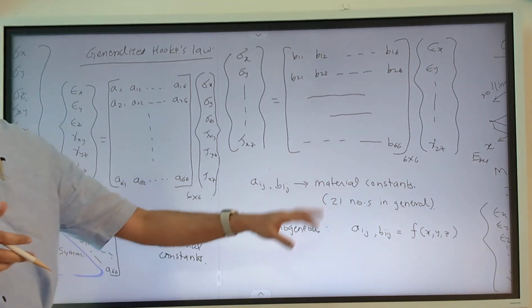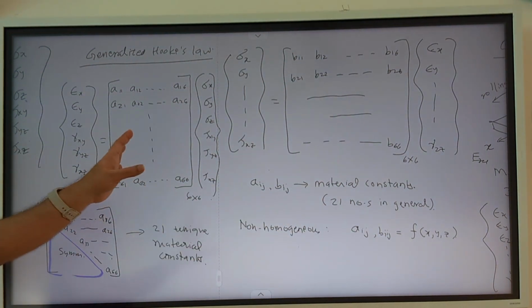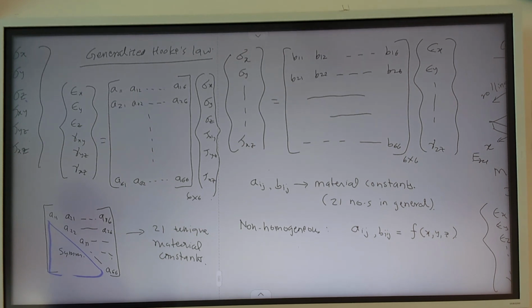So that is the theory of the constitutive equations, which we will use only for theoretical purposes. We are not going to build any analysis based on these advanced material models. But as a student of solid mechanics, you should be aware of how these 6 stress components are related to the 6 strain components. So that is what we have covered in this particular topic. So any questions or doubts in this case?